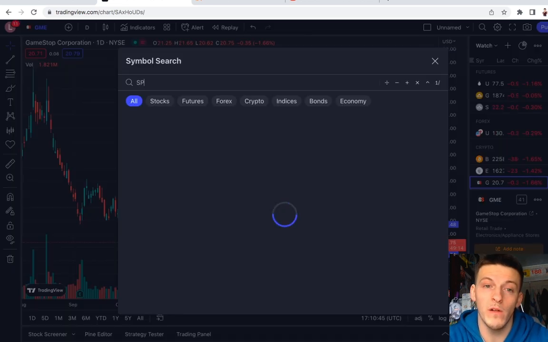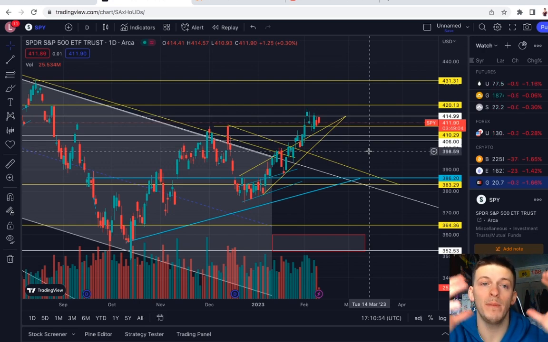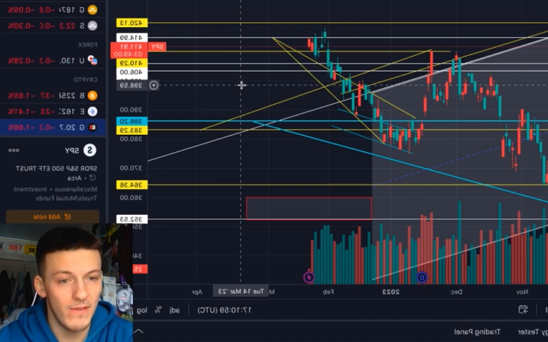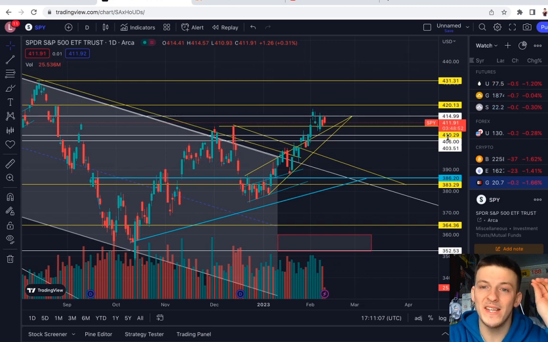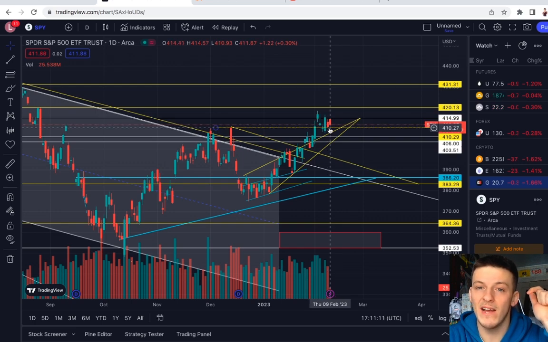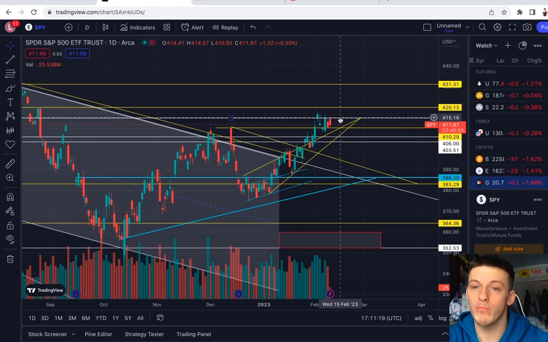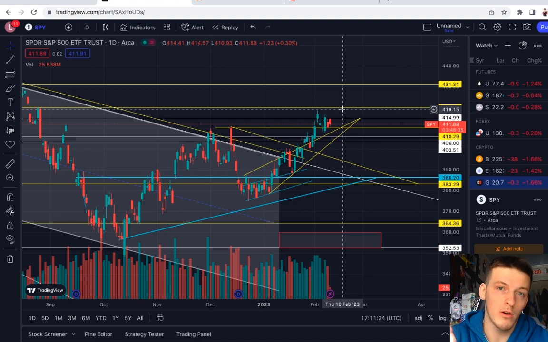As for the S&P 500, we're sitting at 411.87, and a lot of people are wondering, are we going back into a bear market rally, or will the S&P 500 continue to climb? As of right now, it did look like it got a double top at 415. However, on the daily chart, it does look pretty good, I'm not gonna lie. A healthy retracement back down to about 410. It based off of this, and it got another pop and rejected at 414. Once the SPY consolidates and re-breaks 414, re-breaks 417, you are going to look at a stronger market going forward.